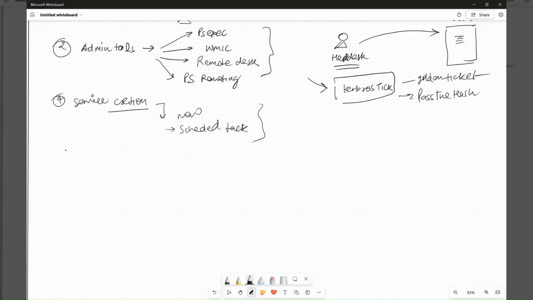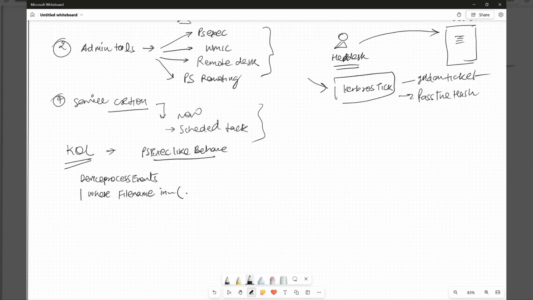So here we have some sample queries. So we have a KQL query that we can write to detect PsExec-like behavior. And we can start with the DeviceProcessEvents, and then we can apply a filter where file name in PsExec.exe or PsExesvc.exe. So these two filters we can apply,